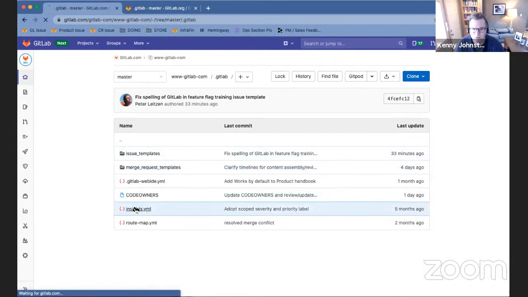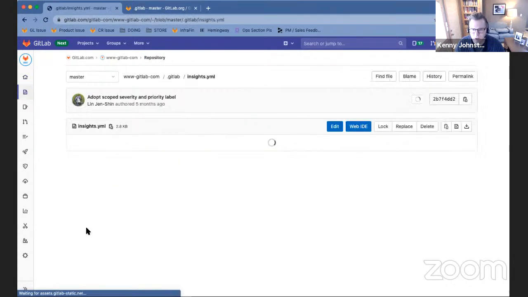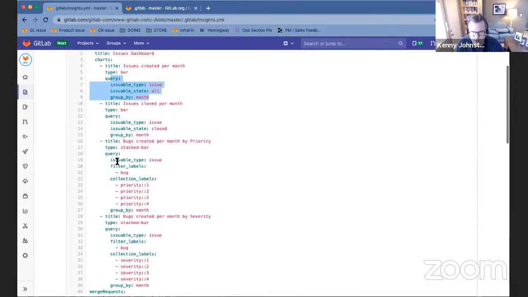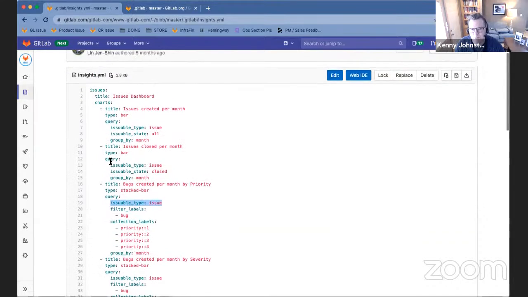Insights, yeah. You can write your own YAML, but I bet that today, one of the queries, or maybe it's not types, whatever, issuable type is only issues, but what if you wanted the thing to query to actually be not issues or MRs, but pipelines? Yeah. That might be an MVC to allow users to define their own dashboards while